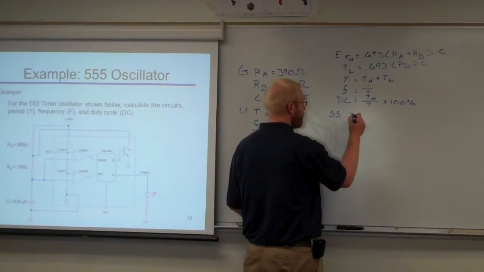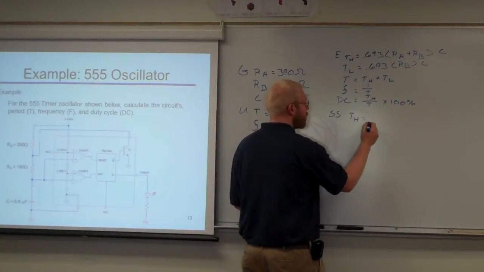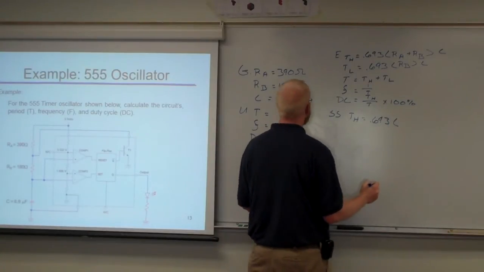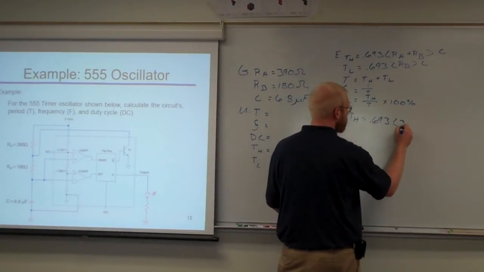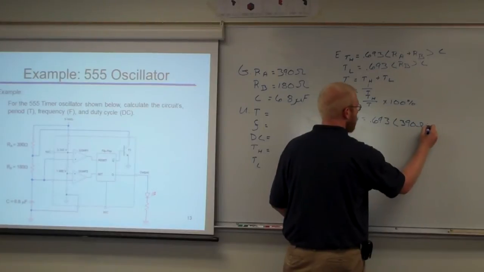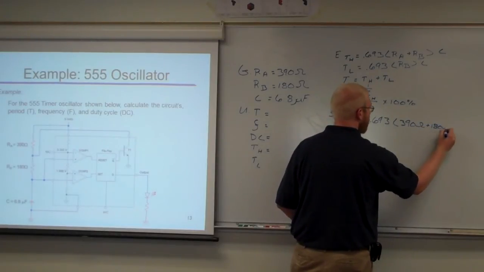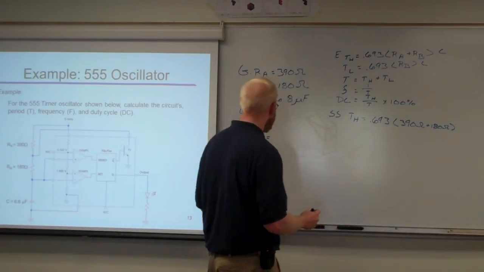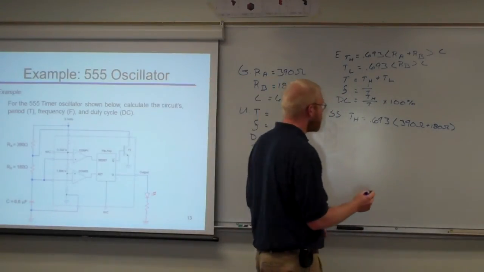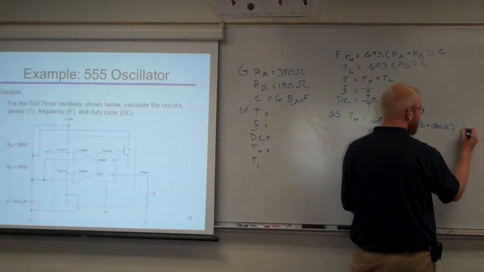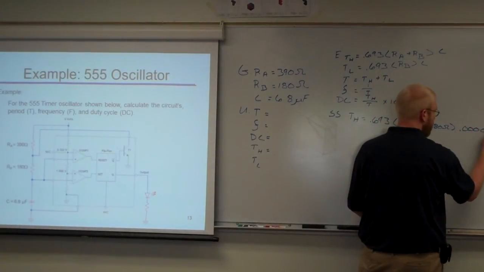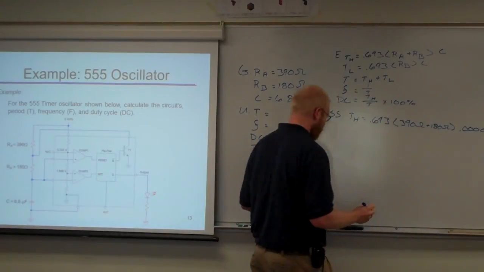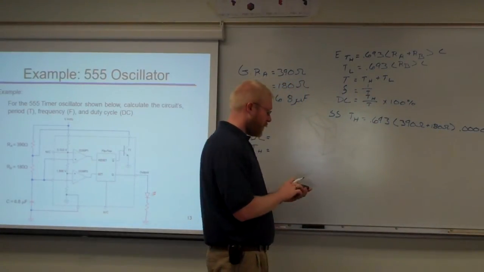So time high equals 0.693 times resistor A, which is 390 ohms, plus 180 ohms for resistor B, times my capacitor, which I put back in my base units. So it's 6.8 microfarads. That'd be 0.0000068 farads. And if I punch that all into a calculator,